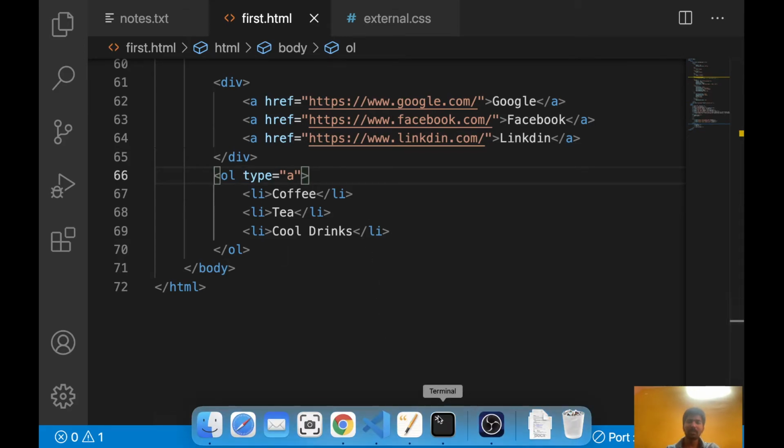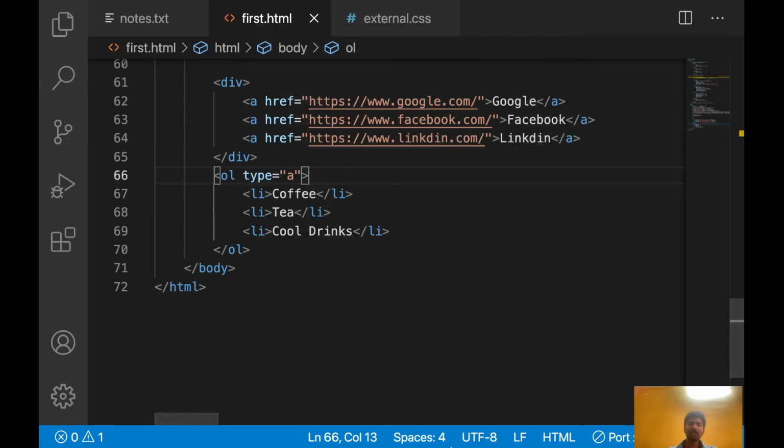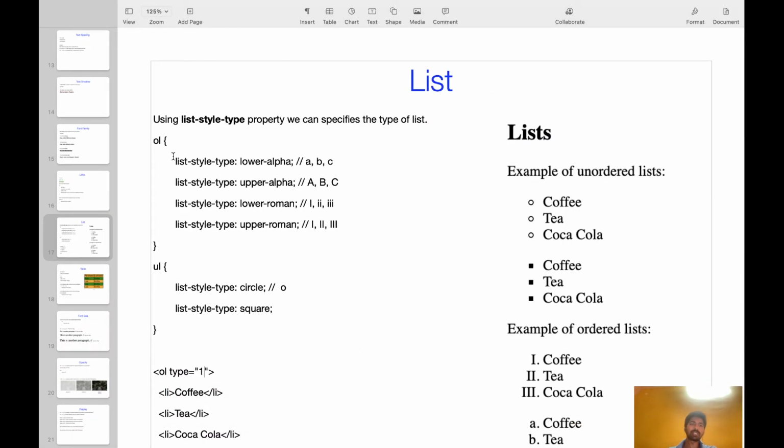Instead of using this attribute we can use CSS also for controlling. You can use these for ordered list. If you want to bring ABC, you can use list style type: lower alpha, upper alpha, lower roman, upper roman, all these things. For unordered list you can use circle, square, all. Better to use in HTML, I think, in my view, because it is simple to use in HTML. You can control this both in HTML as well as CSS, whether it is bullet or square or roman or caps A, caps B, small a, small b, all those things.